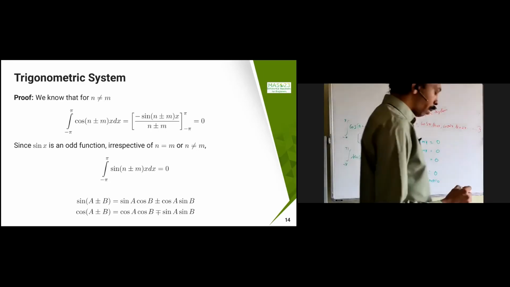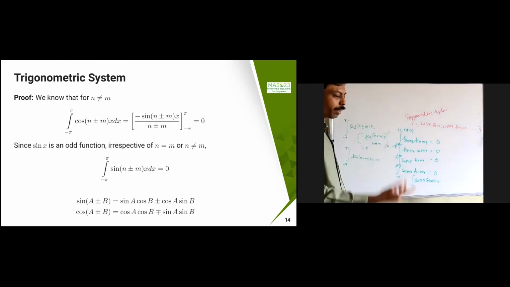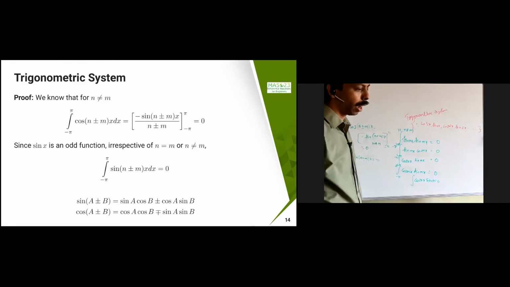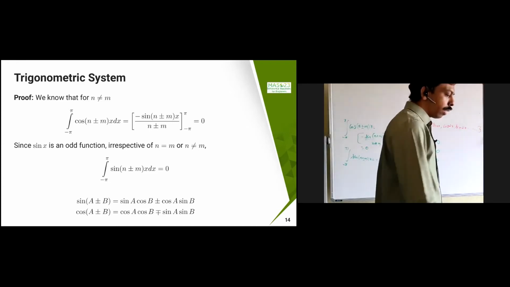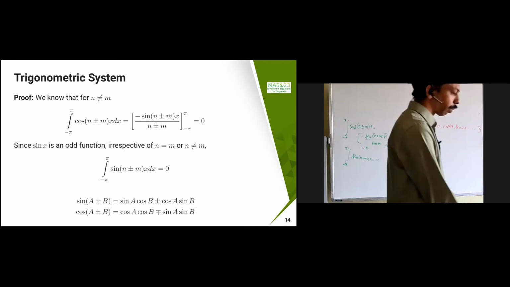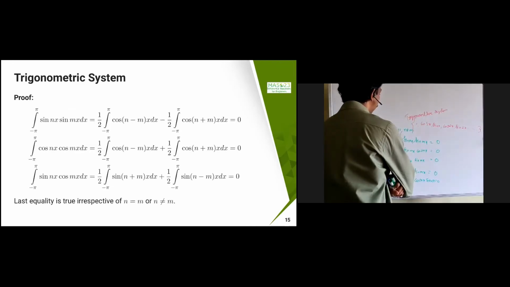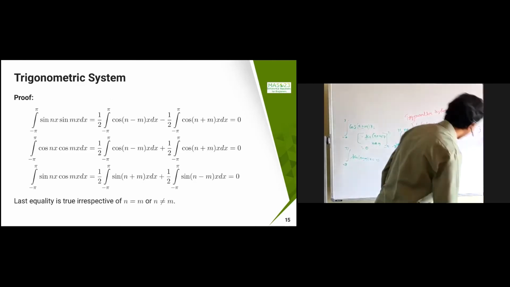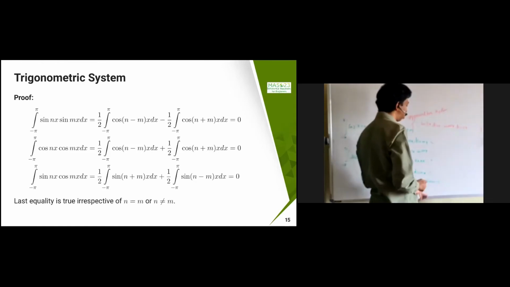Now we have this trigonometric identity which you might have seen in your 10th or 11th standard: sin of a plus or minus b equals sin a cos b plus or minus cos a sin b. Similarly, cos of a plus or minus b equals cos a cos b minus or plus sin a sin b. That's what we are going to use here. So I can write sin nx and sin mx as half into